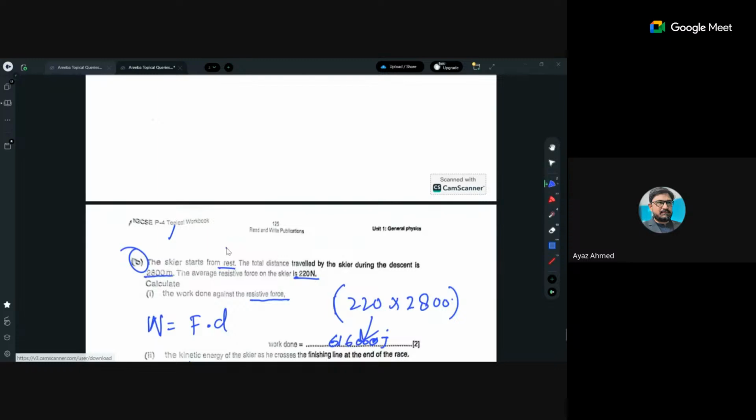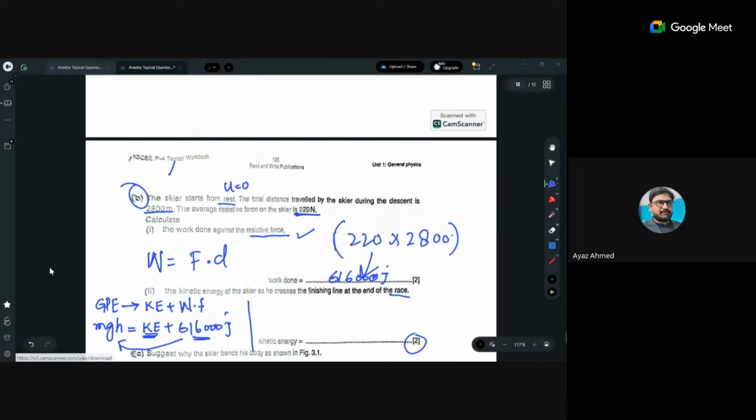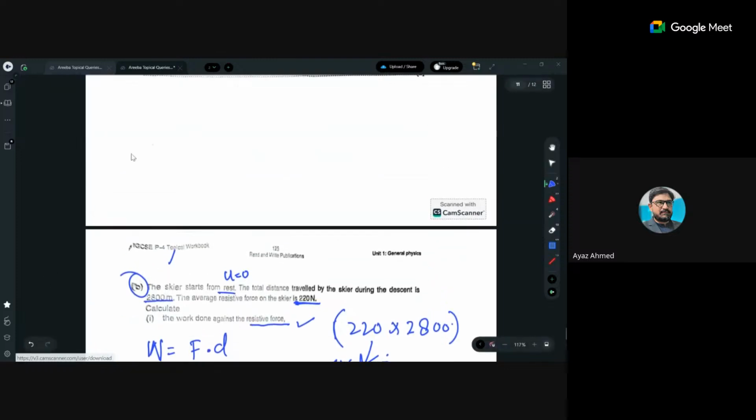The skier starts from rest, so its kinetic energy is 0. The average resistance force is given. The work done against the friction we have already calculated. The kinetic energy of the skier at the end of its race is what we have to find. The gravitational potential energy lost appears in two forms, kinetic energy and the work against friction. For gravitational potential energy I need the mass. If mass is given, you calculate GPE equal to mgh: multiply the mass by 9.81 and 2800, and subtract the value you calculated from whatever answer comes